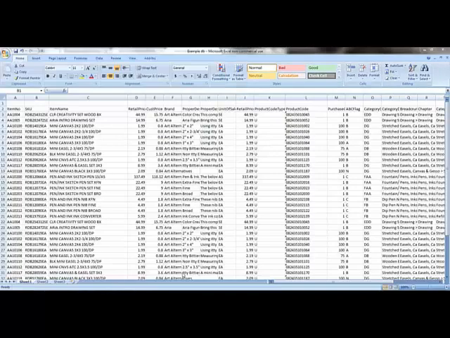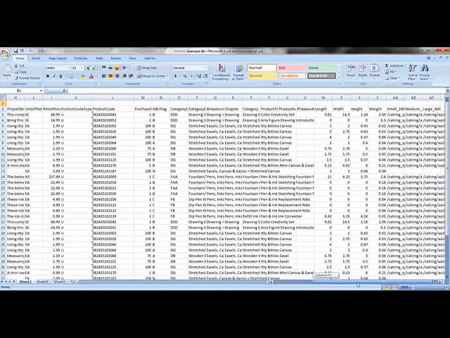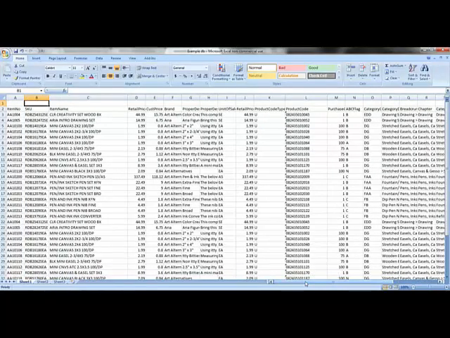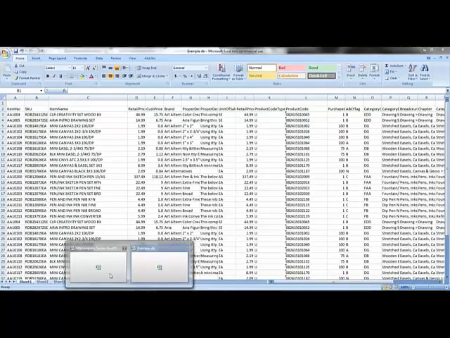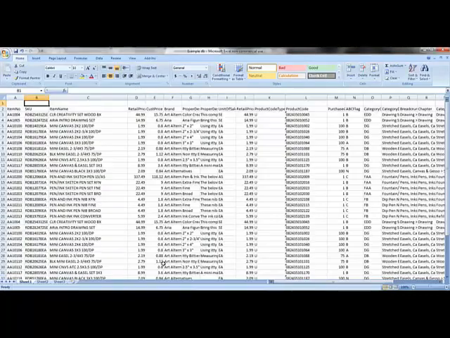To prepare myself for making this starter file, I've taken the output from my standard database. Most database management systems will allow me to output something like this, a CSV file, and I have also downloaded the standard template from the OKBSA website. So what I'm going to do now is go to that output file, and I know the